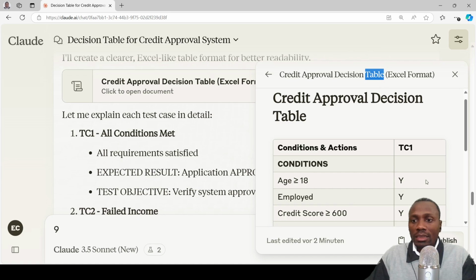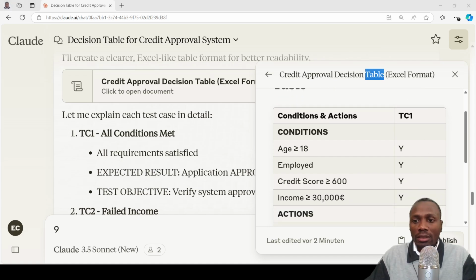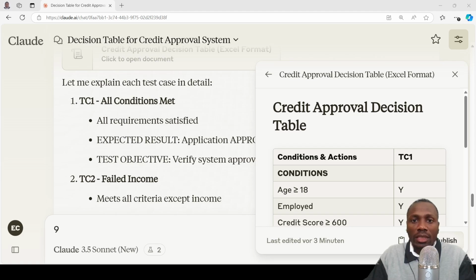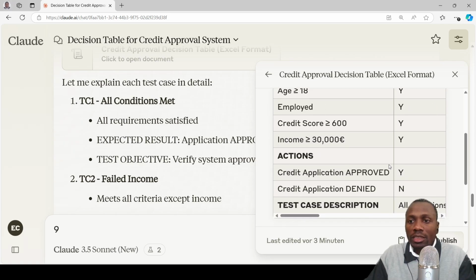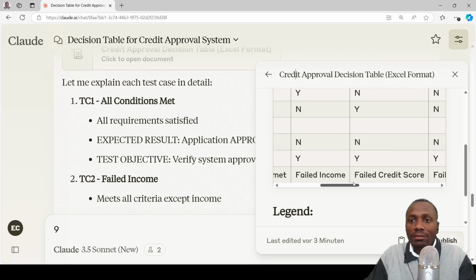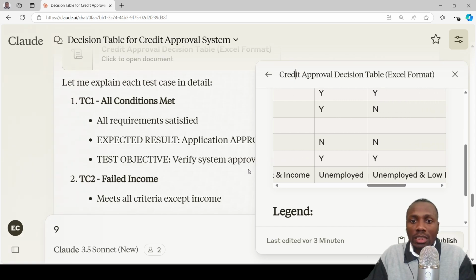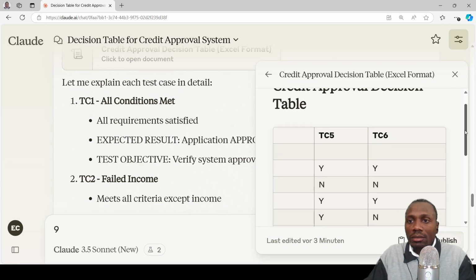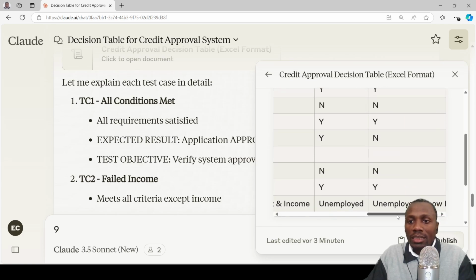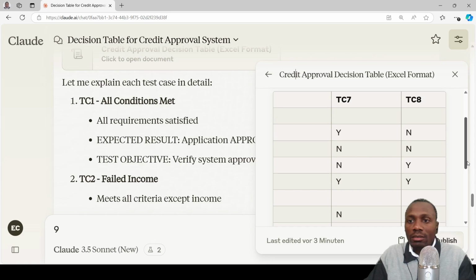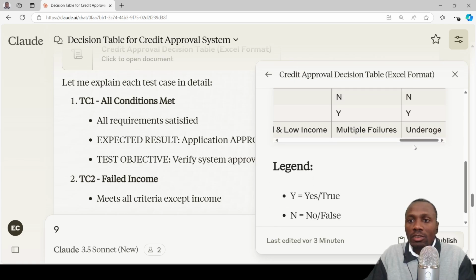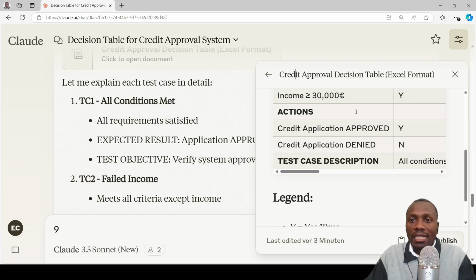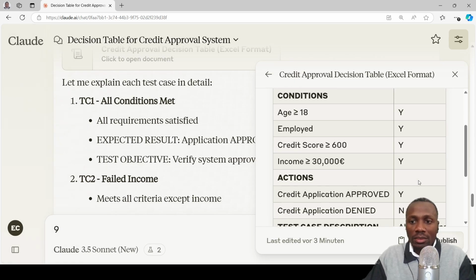So here, as you see, it is more interesting because now I have the different conditions, and here I have test cases. Now I have something that is representative, but I see that it has only considered